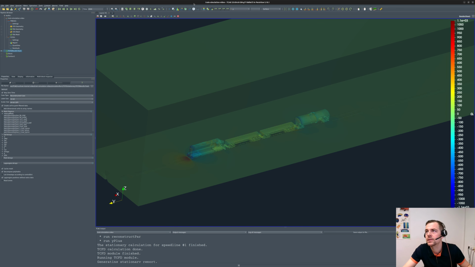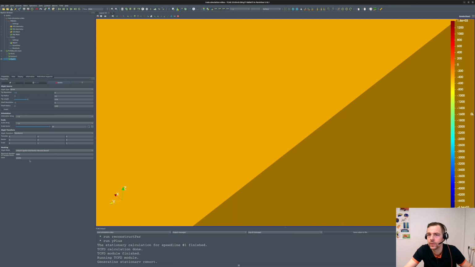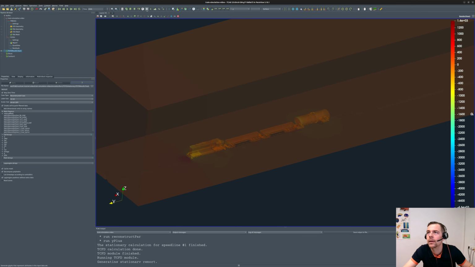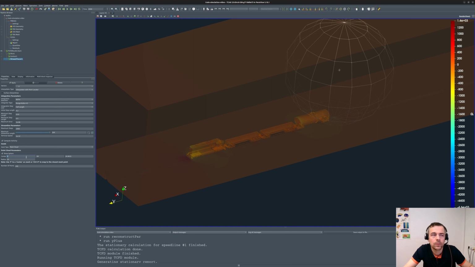What we could do is my favorite, stream traces. The stream traces filter shows you the trajectories of the flow. I like them all the time. I clicked glyph, right? So I don't want the glyph, I'll take it back. I want, of course, the stream traces. So it's this filter, and I will definitely go not for the line, but for the point cloud, and this point cloud will be